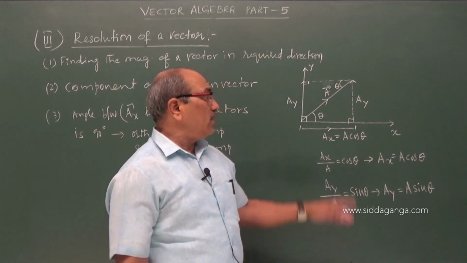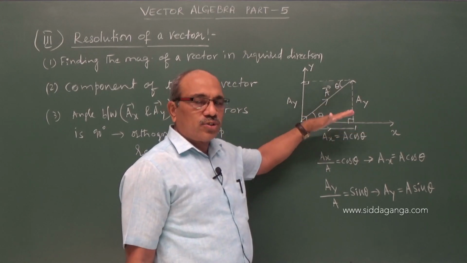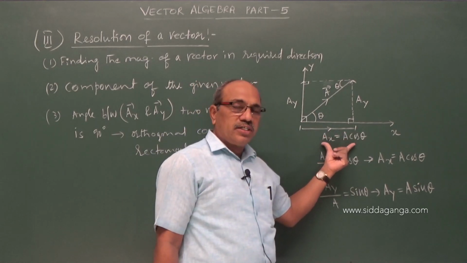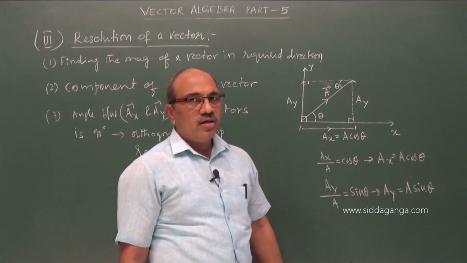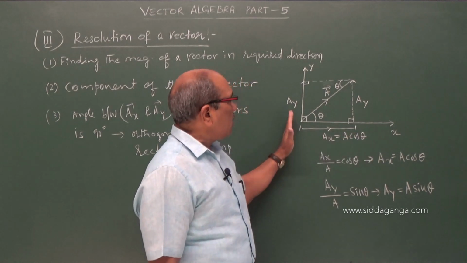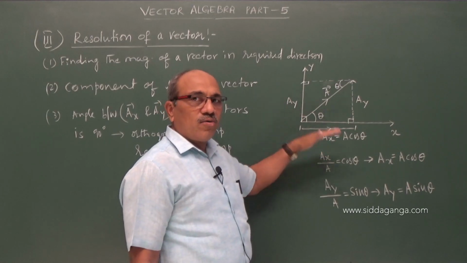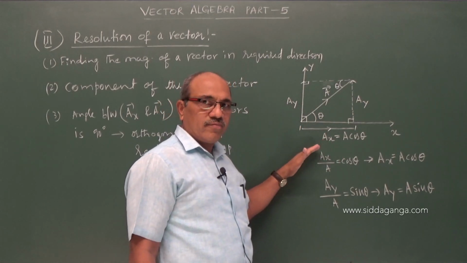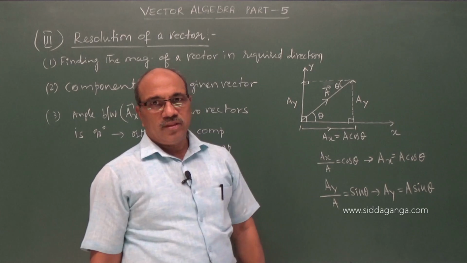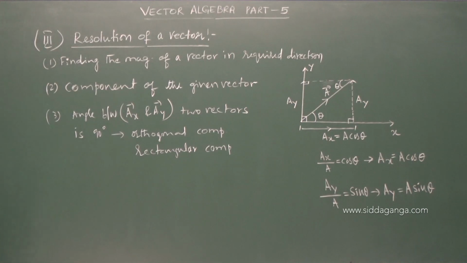In words, finding the effect of the given vector in the desired direction is called resolution of a vector. Such a magnitude with direction that we got, we call resolved components. If they are mutually perpendicular, as we showed here along x and along y, we call them resolved components or rectangular components, perpendicular to each other. Suitably when added, we will get the vector A. This is just the concept of vector resolution I introduced here. Let us see the remaining.